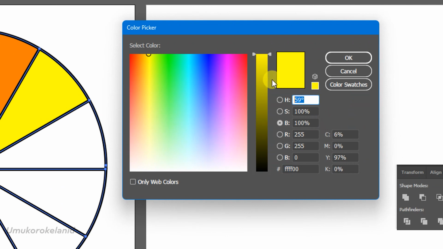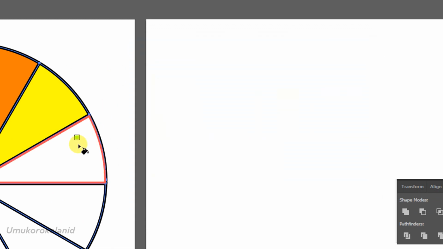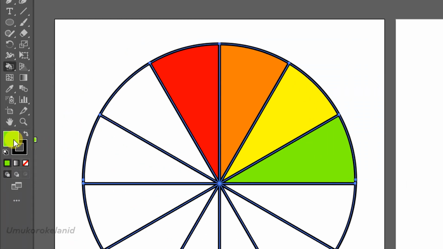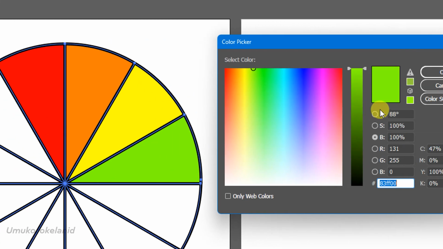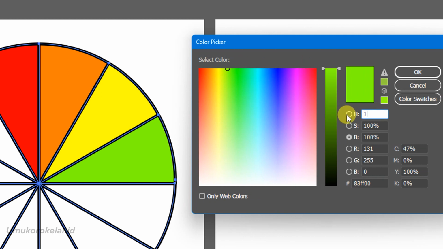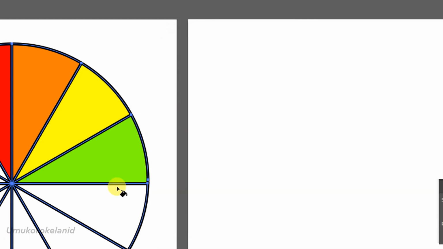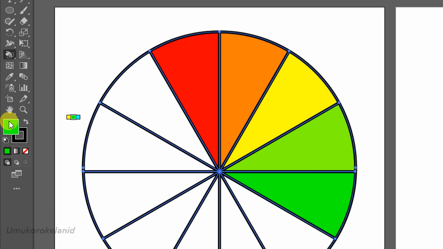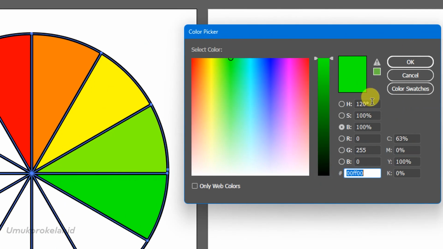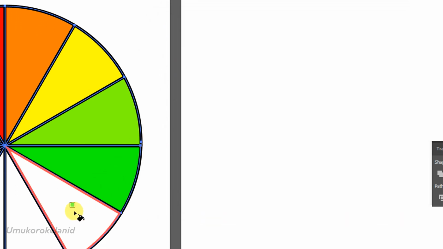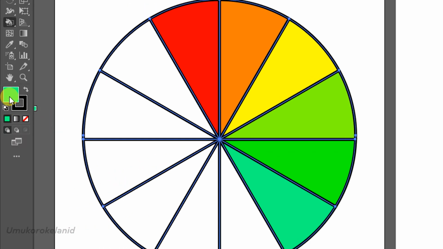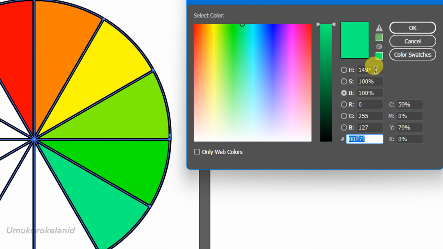We can now do from 60, we can do 90, from 90 we can do 120, from 120 we can do 150, from 150 we can do 180,